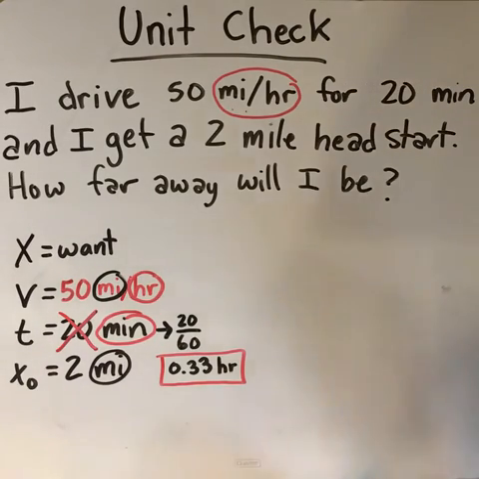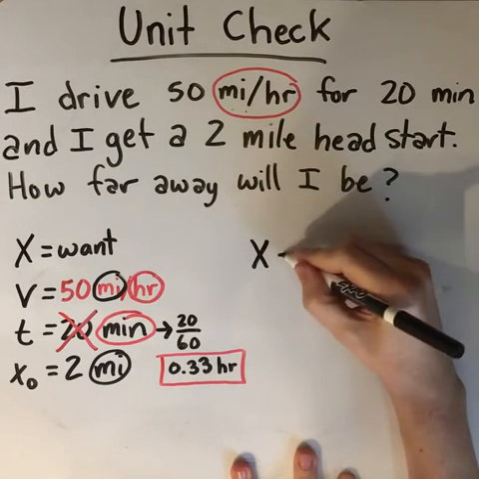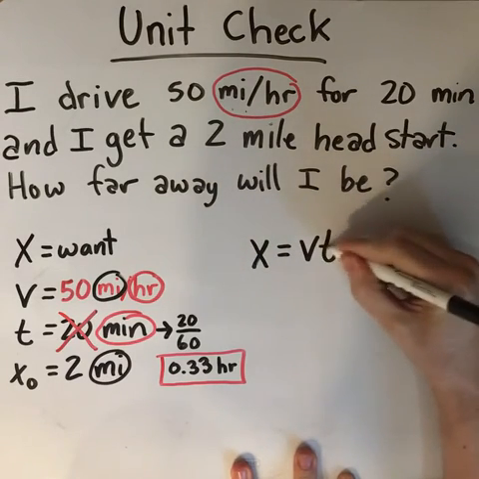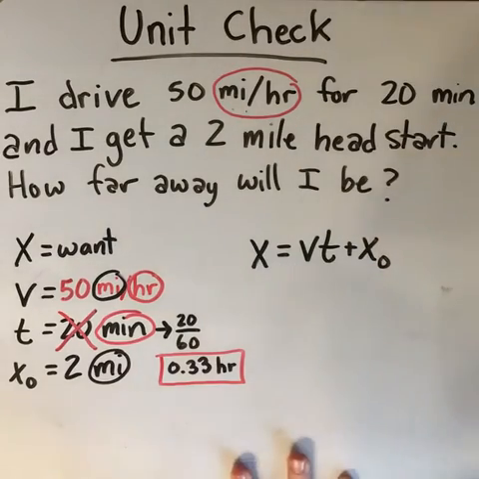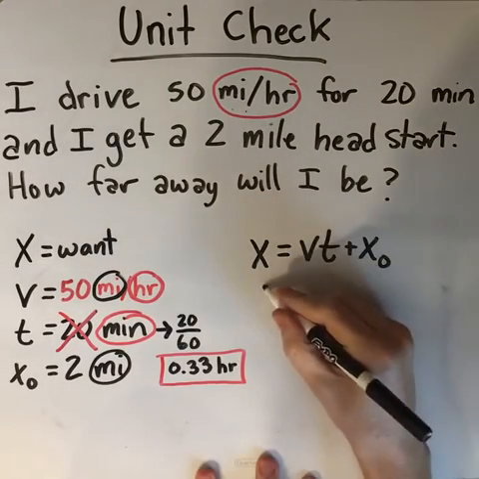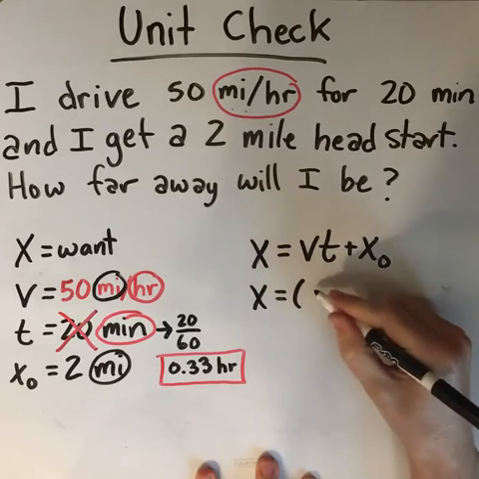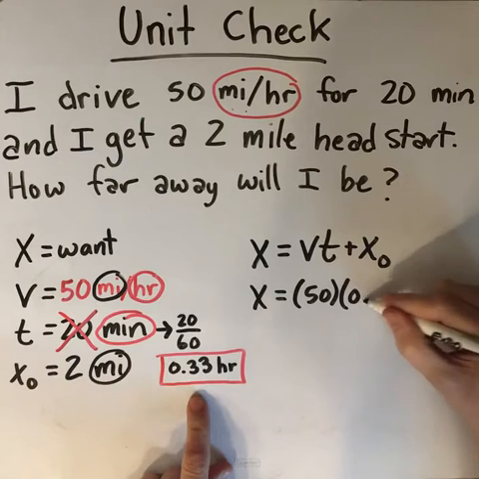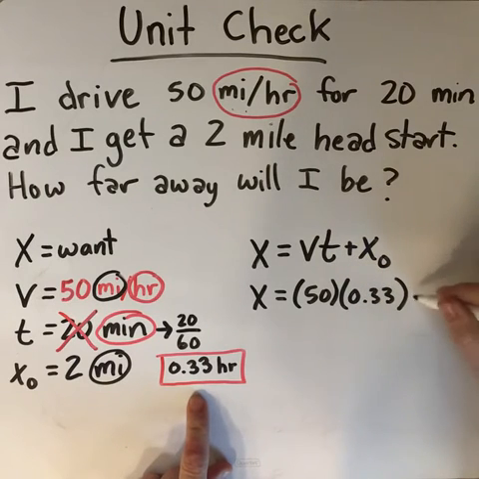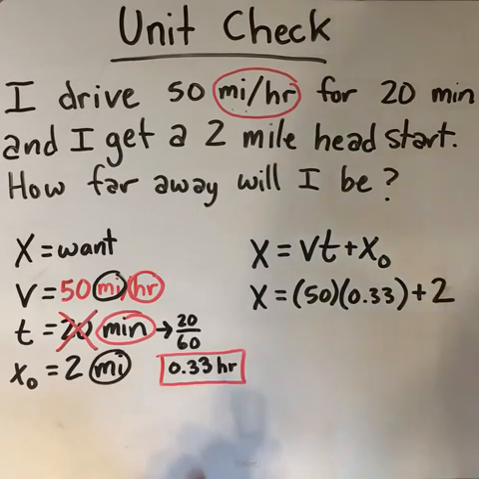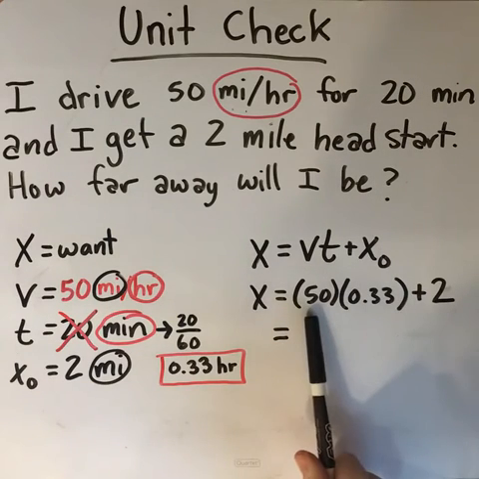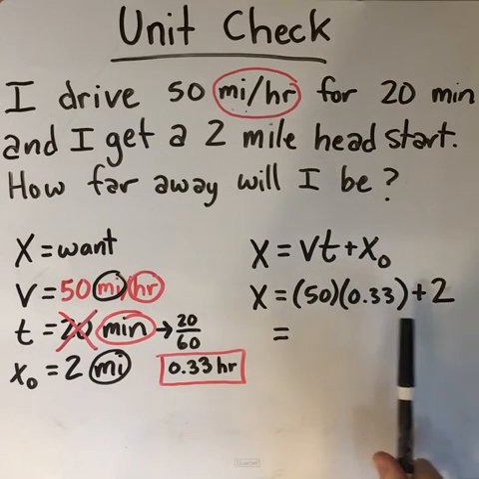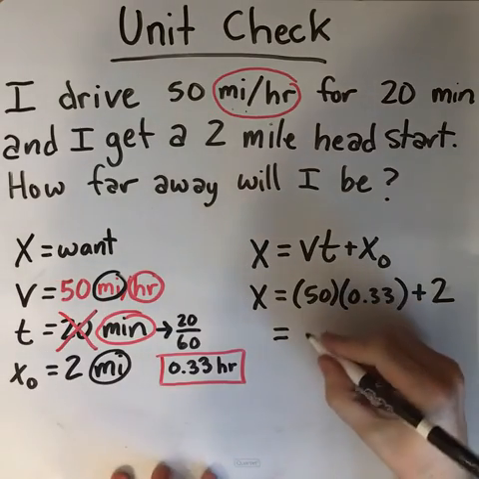Now that our units match, we can start doing some algebra. So I'm going to write the equation, and I'm going to start putting in the values that we know. Velocity is 50. Make sure you use the updated time value, 0.33, and the head start was 2. If you put these numbers in a calculator, 50 times 0.33 plus 2, it will tell you that the answer